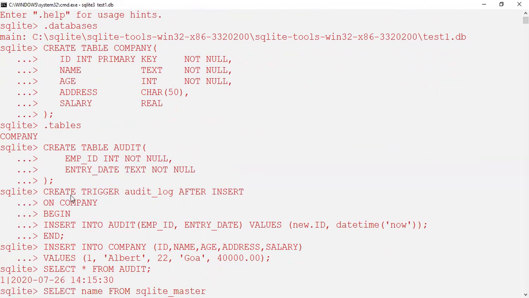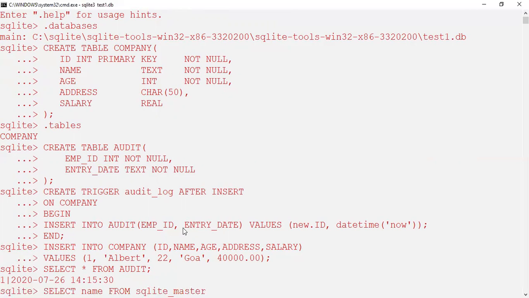Now, SQLite CREATE TRIGGER, this is the syntax we have to use when we are going to create a trigger in SQLite. So create trigger, then the trigger name, audit_log, after insert on company, then begin. Then there we have the logic, the trigger logic goes here, and finally we end it, followed by a semicolon.